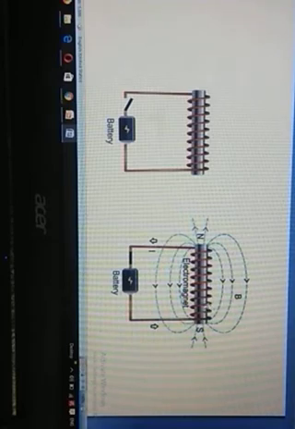It is very important to note, students, that it is not necessary to move the magnet and keep the coil stationary. We can bring about the same effect by moving the coil near the magnet, or keeping the magnet stationary and taking the coil away from the magnet. If you bring the south pole near the coil or take the south pole away from the coil, we can see a change in the number of magnetic field lines passing through the coil, and thus can produce induced EMF, that is electromotive force, and induced current.